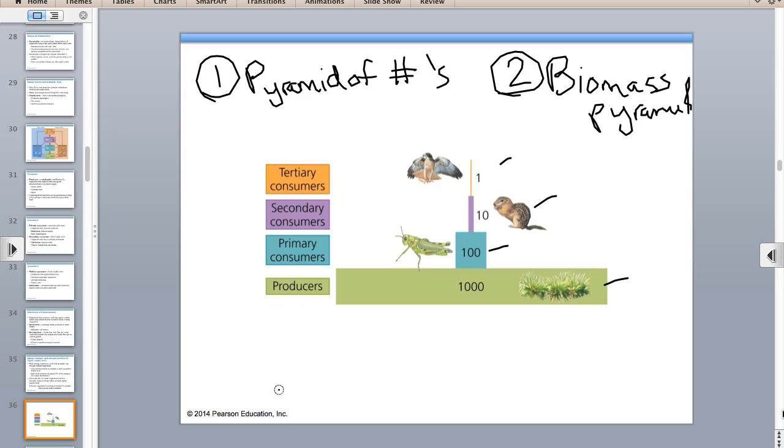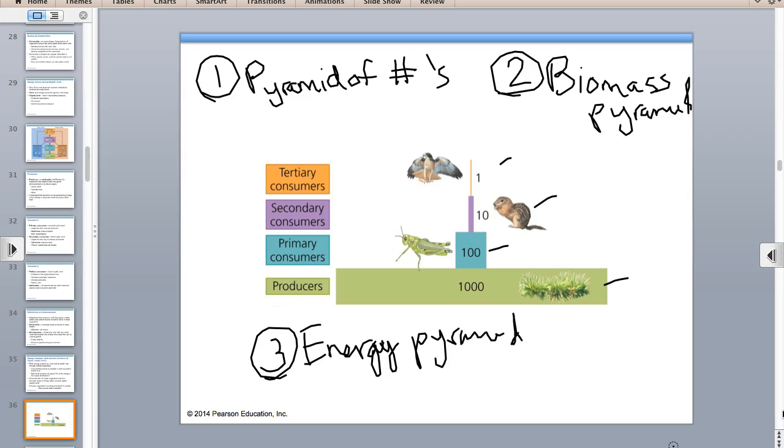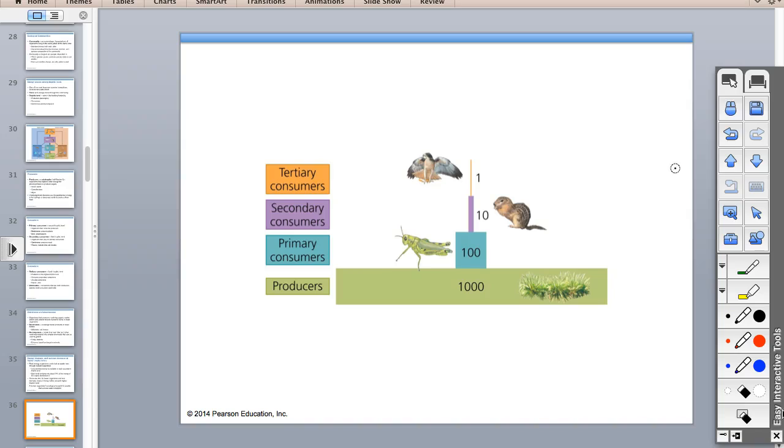Then it can also be an energy pyramid. And this is what we use it for. That's going to be 1,000 kilocalories of grass, 100 kilocalories of grasshoppers, 10 kilocalories, and so on, if I actually found the energy in each of these. So when you see these pyramids, it works not just for the energy, but also for the number of organisms and the actual mass of organisms. Yes, ma'am? What was the unit for biomass? Should be kilograms. So it can either be kilocalories, kilograms, or just the actual number of organisms. So it's important to realize that it's not just energy; it could be a few different things.